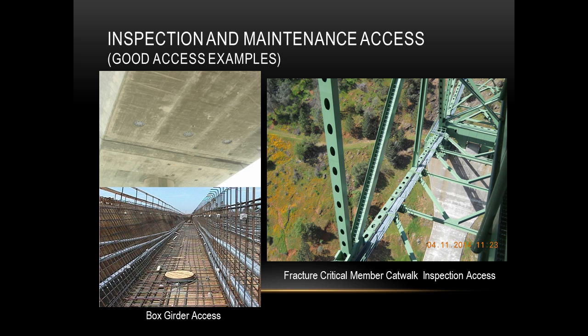Every box girder bridge should have an opening in every bay, period. Don't accept anything less. This is not going to cost you that much. If you have to go in after the fact and you start ripping your box girder soffits apart and cutting bars up, you're going to wish you had done this. This bridge on the right has a catwalk that was put in 40 plus years after